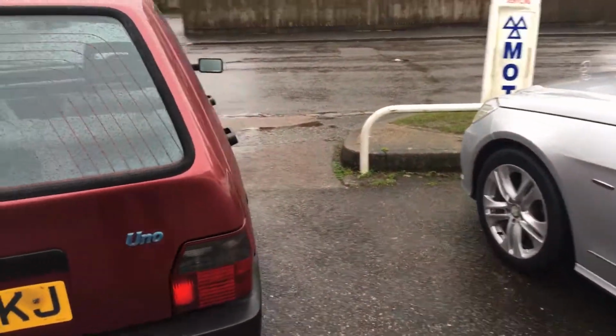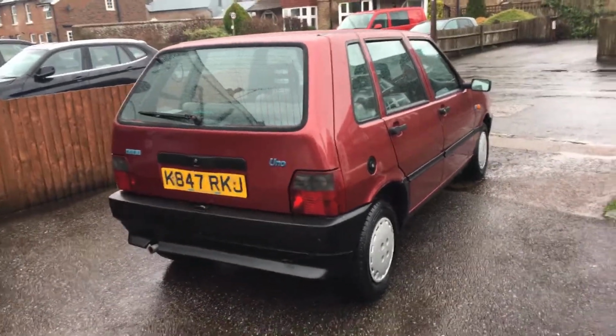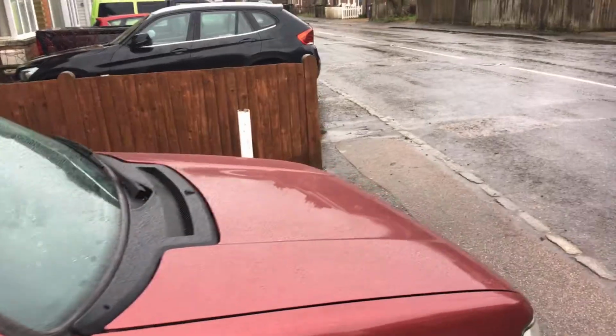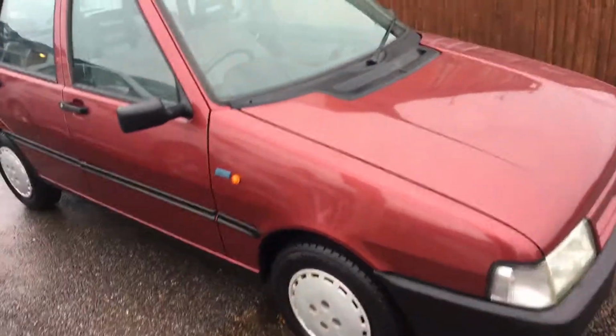Did have a running problem, which I have now sorted. You might have looked at this car before, but it runs and drives really nicely now. During my ownership, it's had a clutch, front shock absorbers, four tyres, service,